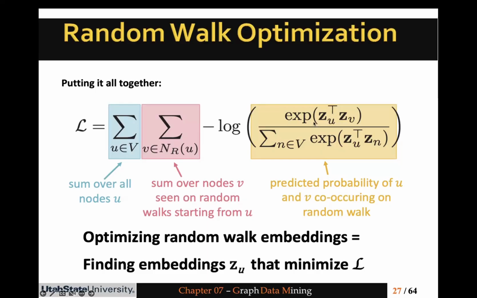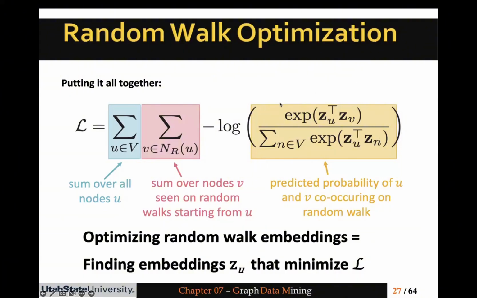I would like to find these predicted probabilities of u and v co-occurring on the same random walk. In other terms, I will always try to maximize the log